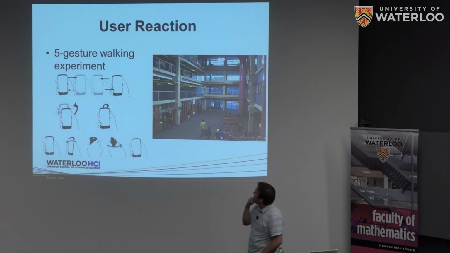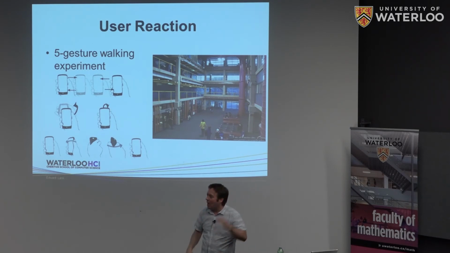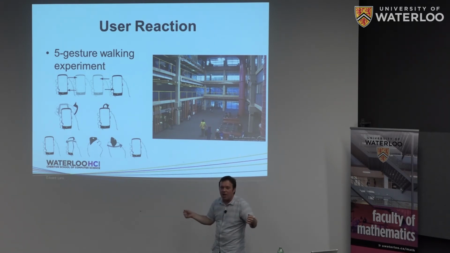But anyway, in terms of looking at user action, we actually started out by conducting a walking study in Davis Center a couple of years ago. We had a portion of the hallway right up there in front of the HCI lab cordoned off. People were walking back and forth in a real-world environment. We had researchers at either end, hopefully to avoid collisions and things like that. But we allowed people to walk by, so we had distractors in the environment.